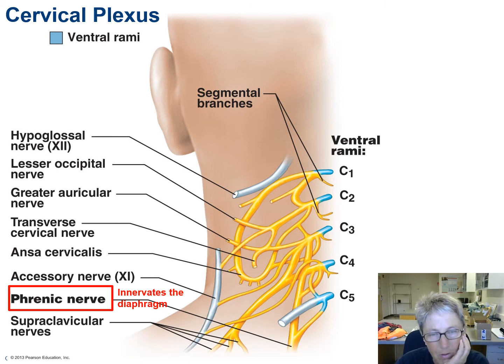And then here's all the nerves that you should know from those plexuses, and that's on your study guide for the lab practical exam. But importantly for the lecture exam, there is a phrenic nerve in the cervical plexus here that innervates the diaphragm and allows you to